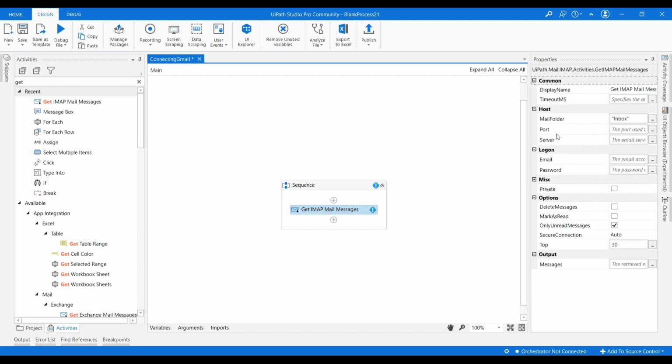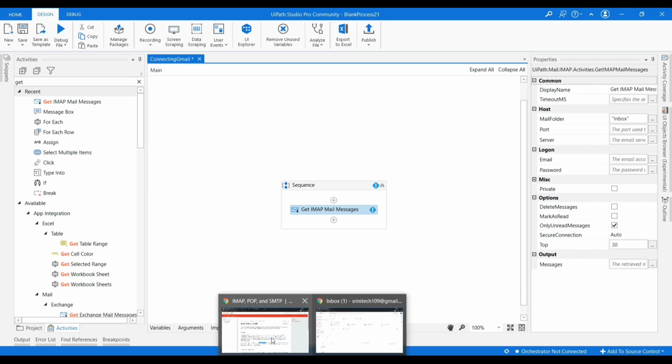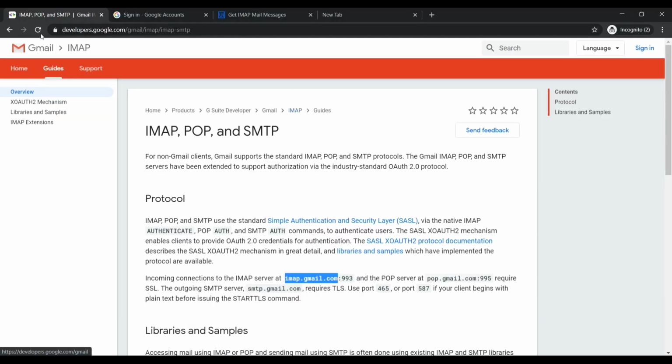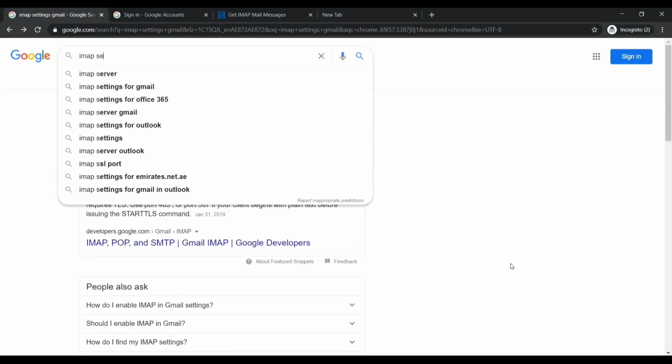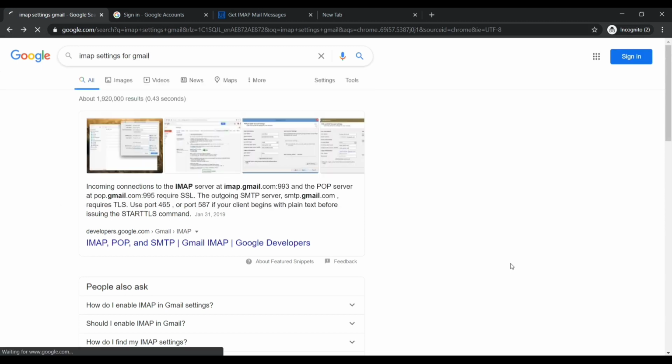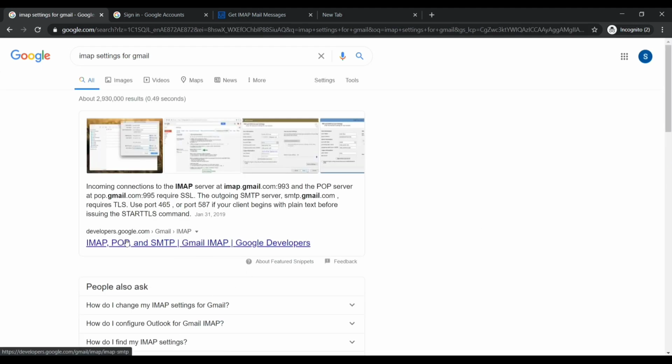First we will look up what is the port number and server of Google. For that, I am going to google.com and searching for IMAP settings for Gmail. When you search, you will find in the topmost result developers.google.com.